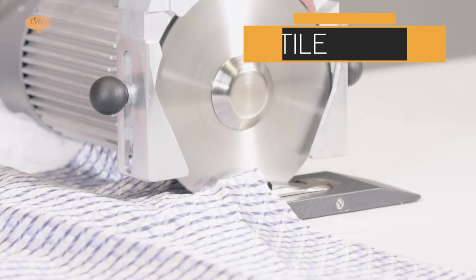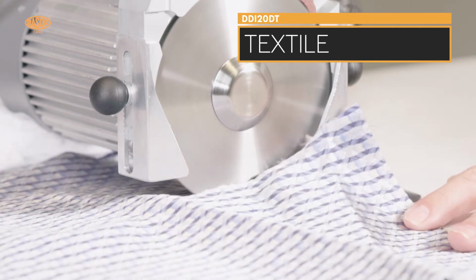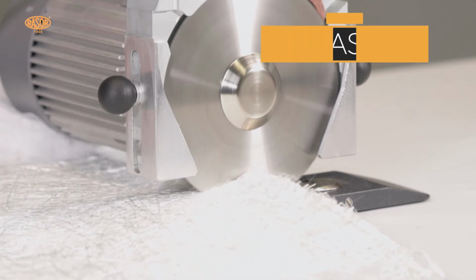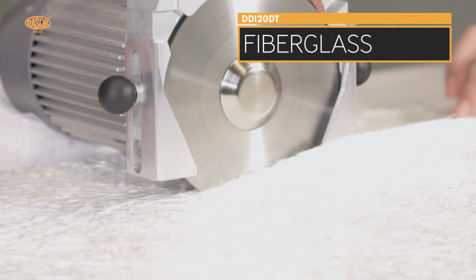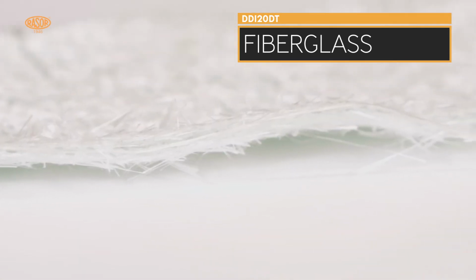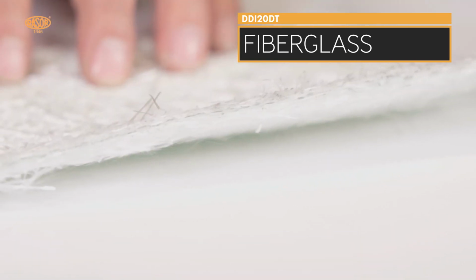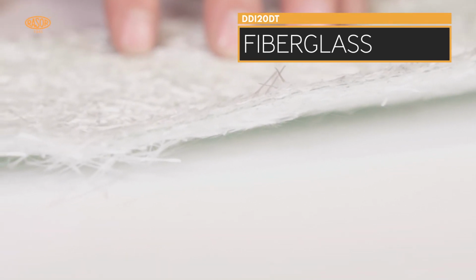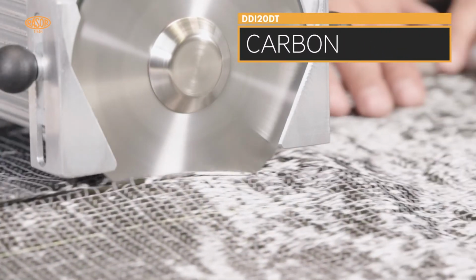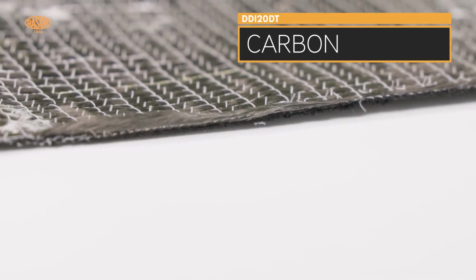A three-phase heavy-duty industrial motor in combination with the DirectDrive system converts the machine into a high-speed cutting device. The machine cuts textiles, technical textiles, composite materials, and natural fibers accurately and fast. The DD120DT has no coupling gear, which means no maintenance, therefore also reducing the operation cost while being used during non-stop 24-hour-a-day production processes. The knife can reach a speed of 2600 RPM, so this tool comes perfect for the